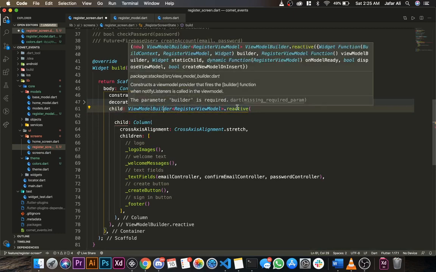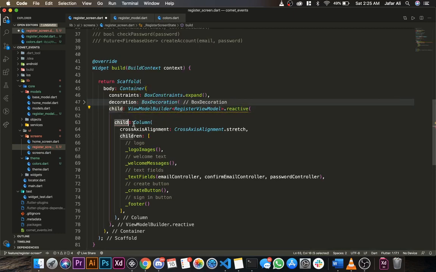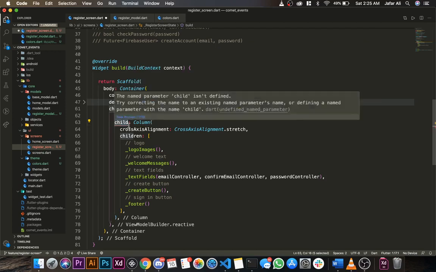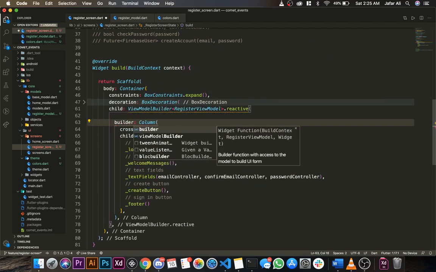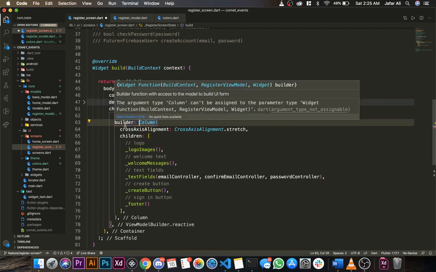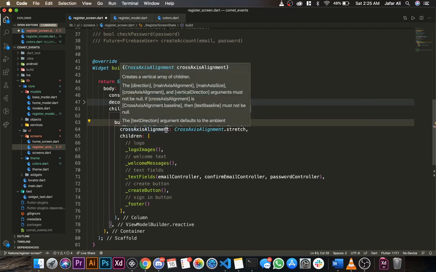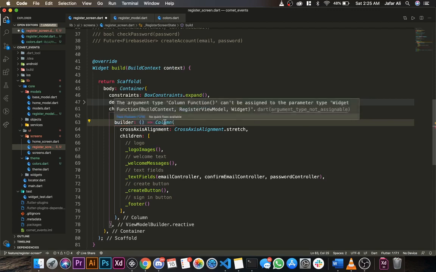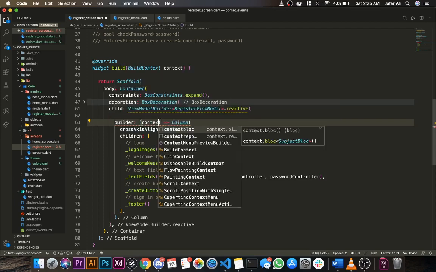And now that we have all our libraries, let's go ahead and add the stuff that we need. We need a builder, and we also need a view model builder. These are the two parameters that we need. So we're going to replace child with builder. And builder is a function that returns a widget, and it's basically given these parameters. So basically this function is returning this, but then we also need to accept the parameters that they're giving us. Context,